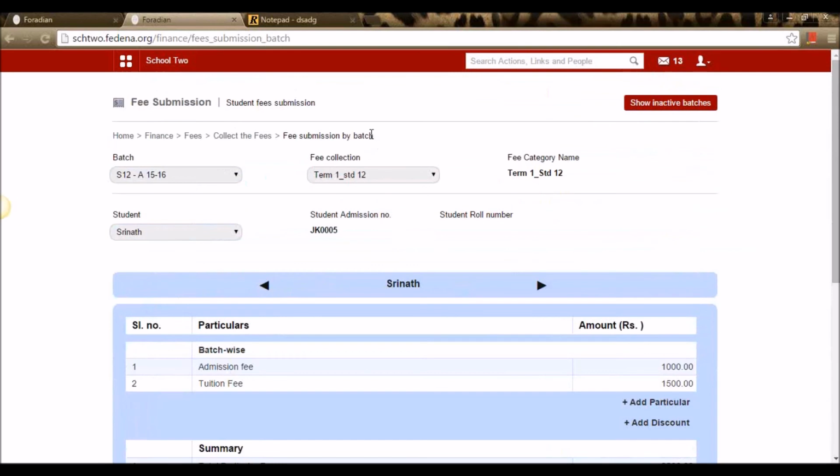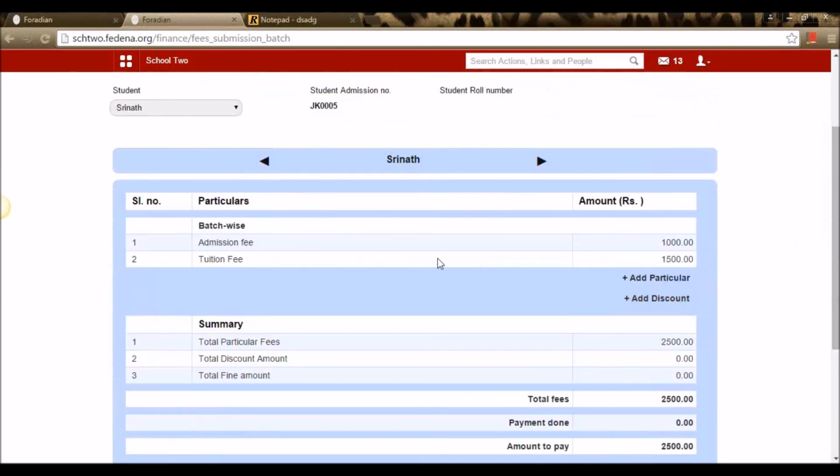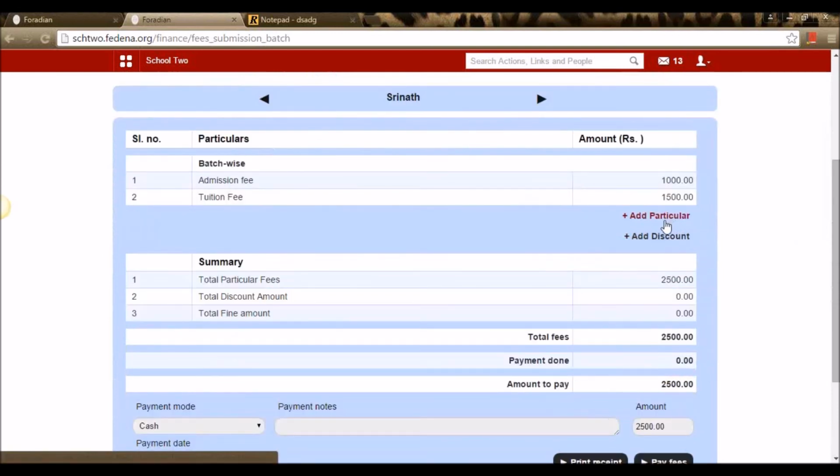Since I've selected the option fee submission by batch, it shows the students available in the batch. Now I can select any one of them and view their particulars. I also have another option of adding particulars or adding discounts right while paying the fee.